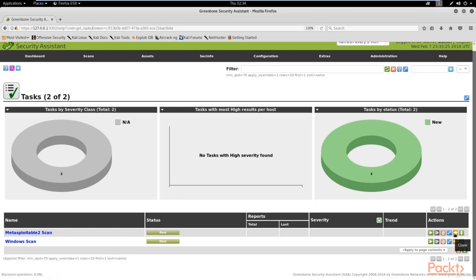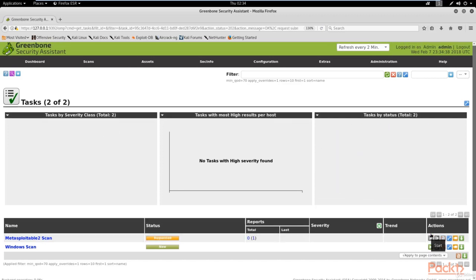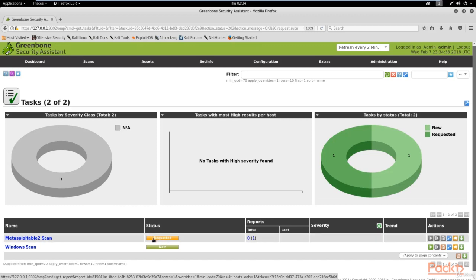So what we're going to do is we're going to start the Metasploitable scan. And once you start it, what I'm going to show you is something interesting here. As you can see, the status is going to show as requested. All right. Something very, very interesting here